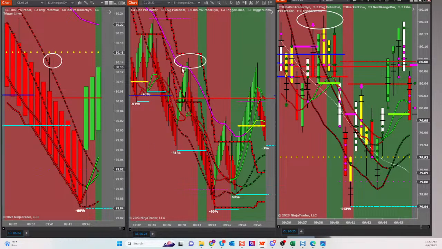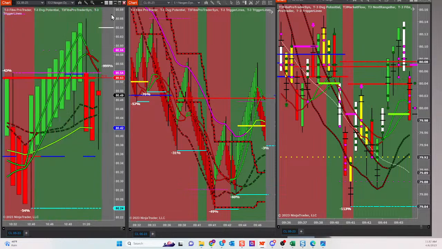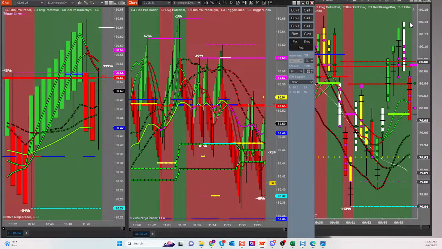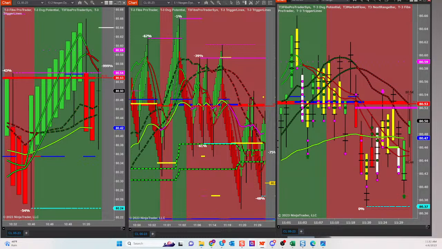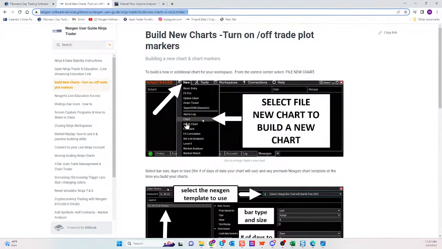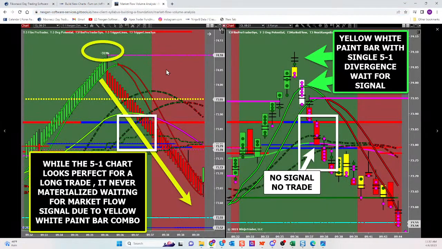50-50, divergence prints, take the area, line it up. If you get a signal from the area, yeah. And if you don't get a signal, don't take the trade. So what you're doing is you're saying, I'm giving away advantages a little bit, and because I'm giving away those advantages, signals can be